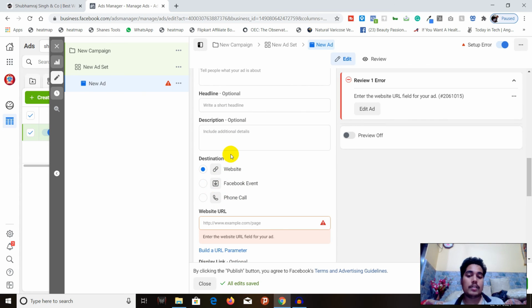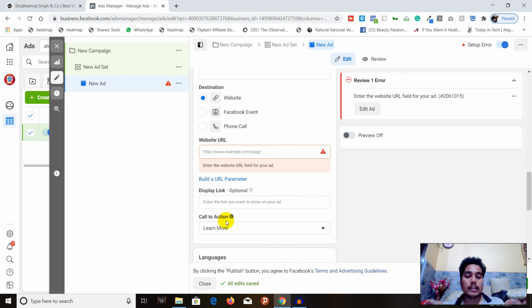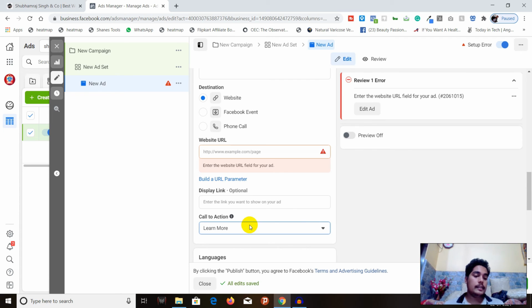You can select the call to action, and you can also select where you want the user to land: website, Facebook event, or a phone call. There are different calls to action: learn more, apply now, book now, and you can turn them off. Remember, you cannot add your custom call to action.